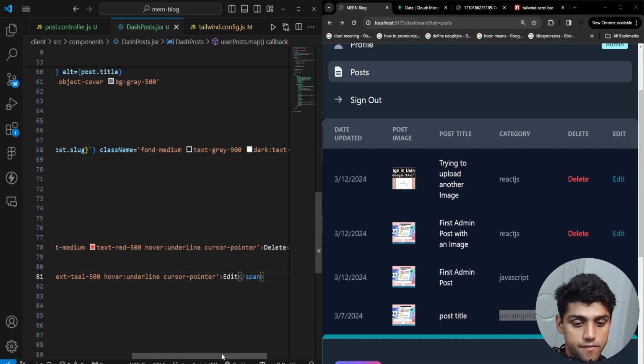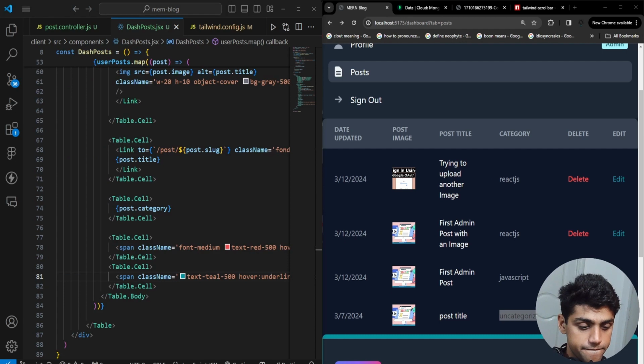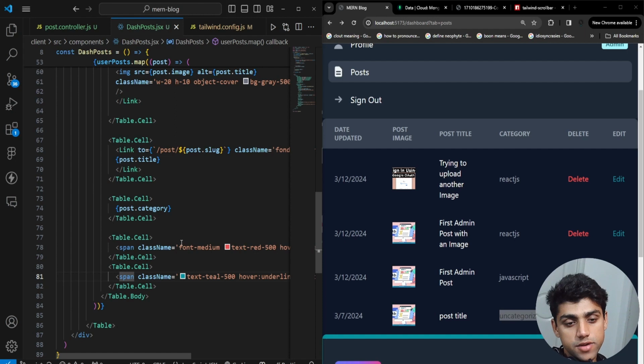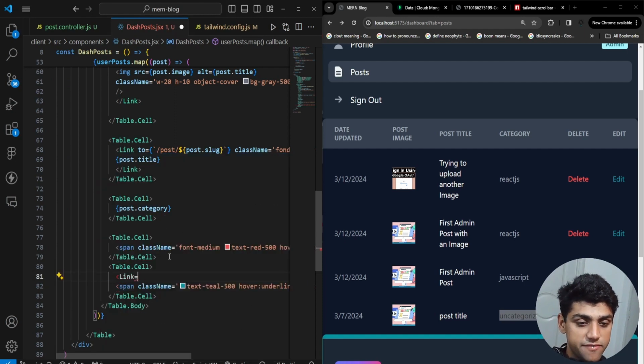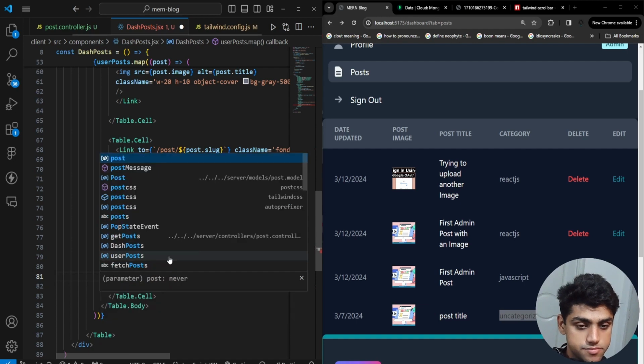And then we have this link going. Essentially, it has a link too, and it would go to a specific thing. So it would be link to, and this would be backticks. And then we have slash update post. This will be added soon. Update post, and then we have dollar, and then we have post dot